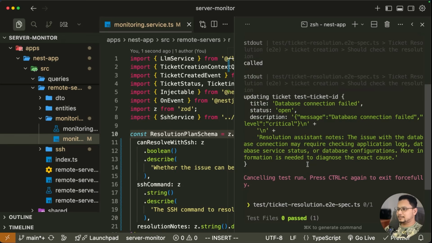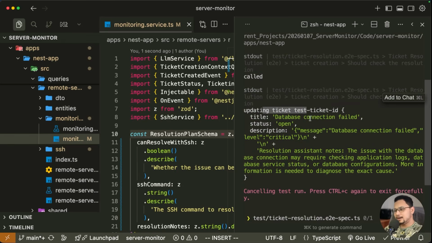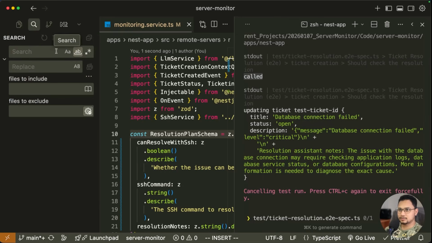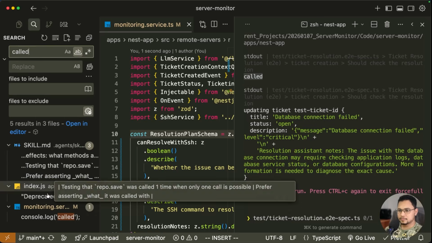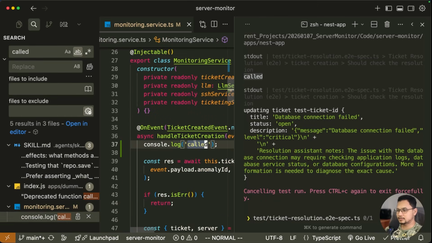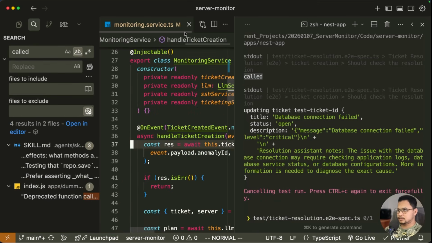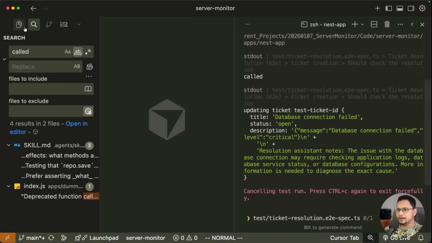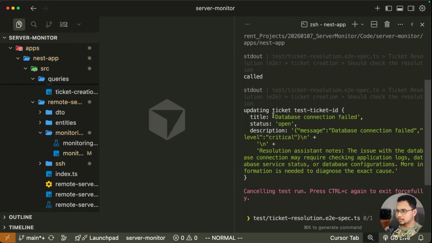So we are having something in the update section. Now you can see after everything, let me first turn off this console log. Where am I console logging this? Let me find out on the monitoring service, otherwise I will forget. So yeah, on the update ticket, what we are passing on the title, database connection failed, is fine, status open. But on the description part,